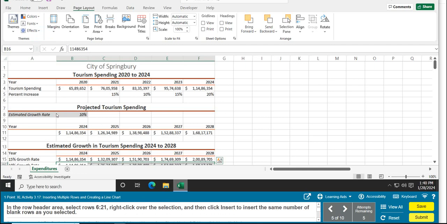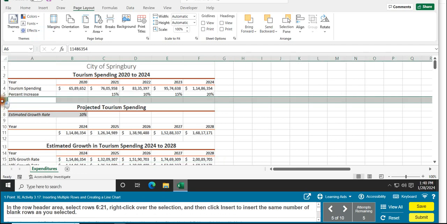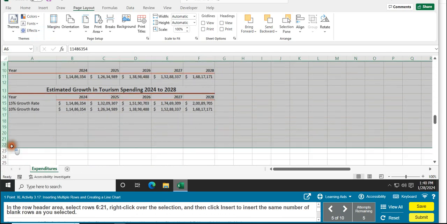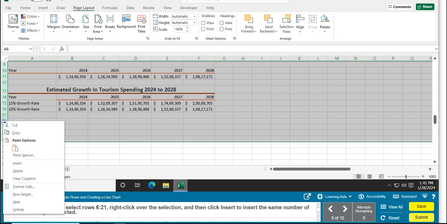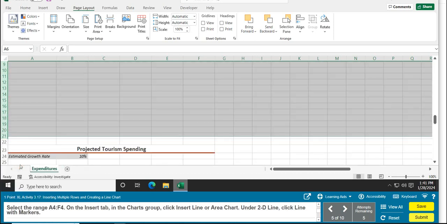And now in the row header area, select rows 6 to 21. Here's the row area 6. Hold down left mouse button, go down to 21. Let it go. Here, select it. Right click over the selection and then click insert to insert the same number of blank rows as you selected. So right click insert right here. Alright,